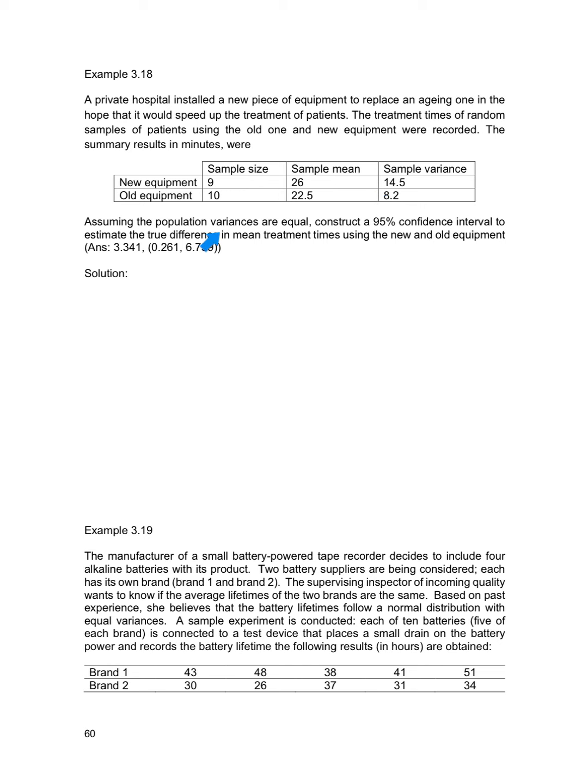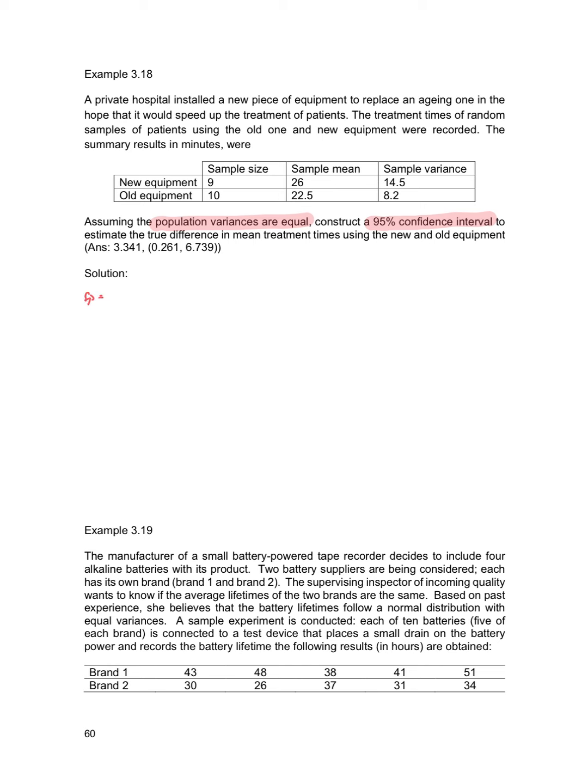Assuming the population variances are equal, construct a 95% confidence interval to estimate the true difference in mean treatment times using the new and old equipment. Okay, it already says the population variances are equal. So first we need to find the value of Sp. Our Sp here equals